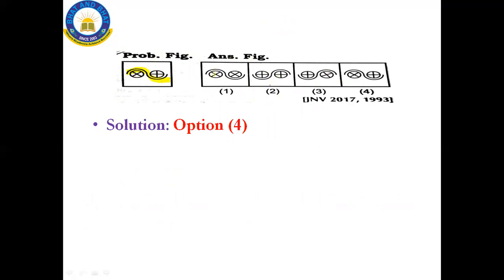Look at option 1. Why is option 1 not the correct answer? Yes, the triangular curve is also given and the two circles, but see the signs over the circles, both are having the multiplication symbol. So option 1 is not an answer. Now come to option 2. Here also the curve is given, but look at the circles, both are filled with the addition symbol. So option 2 is also not an answer.